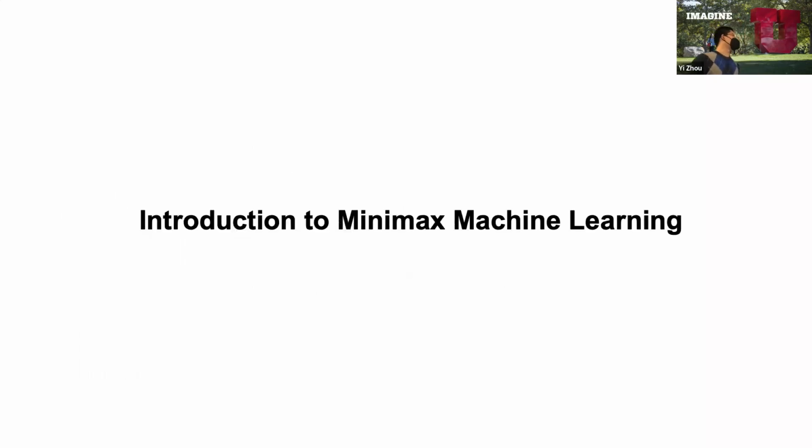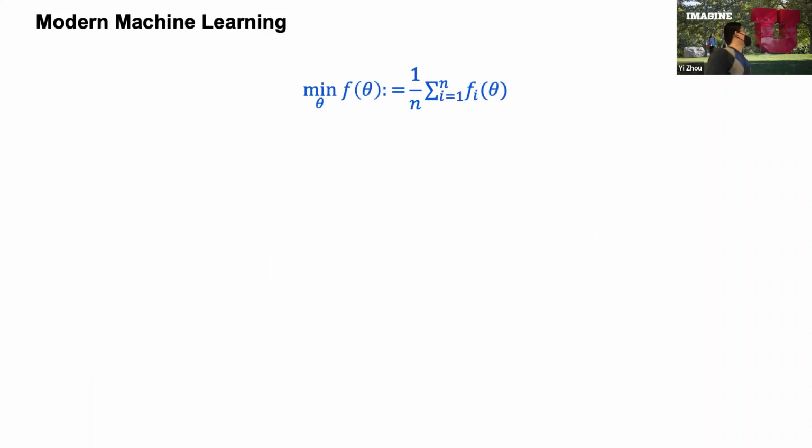Okay, so first of all, I'm going to give an introduction to minimax machine learning. In conventional machine learning, we aim to solve a minimization problem that looks like this. Here we aim to minimize an objective function over the model parameters. In many machine learning applications, the objective function takes a finite summation form, where each f_i corresponds to the loss function on the ith data sample. This is often called a data fitting